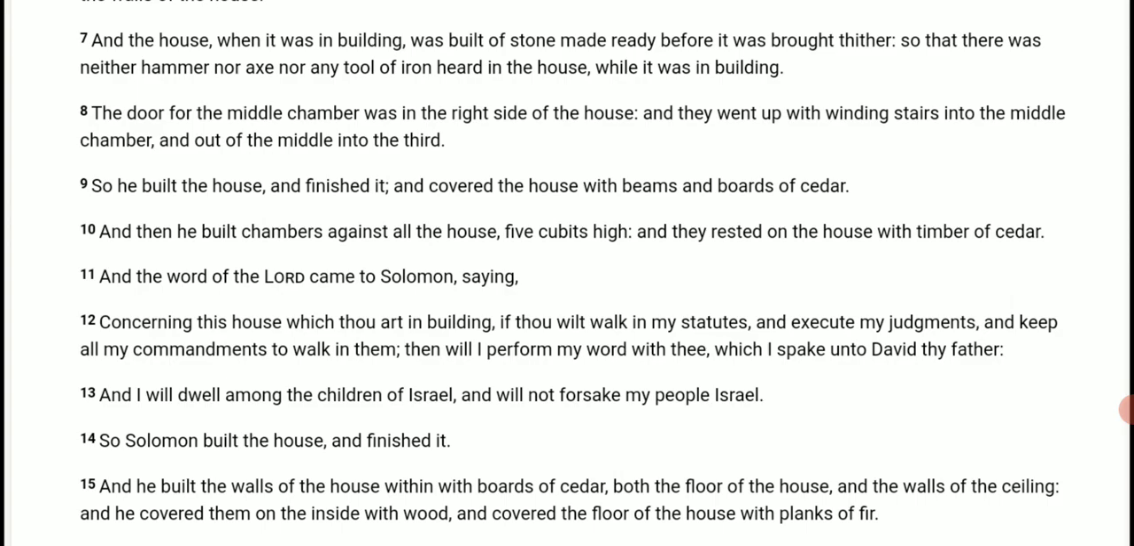So he built the house, and finished it, and covered the house with beams and boards of cedar. And then he built chambers against all the house, 5 cubits high, and they rested on the house with timber of cedar. And the word of the Lord came to Solomon, saying, Concerning this house which thou art in building,